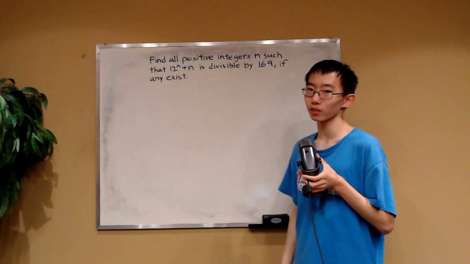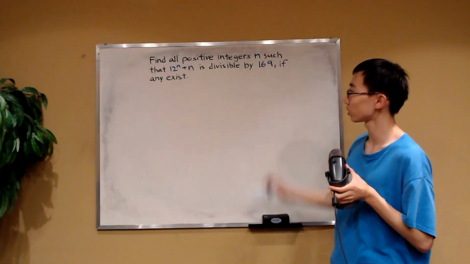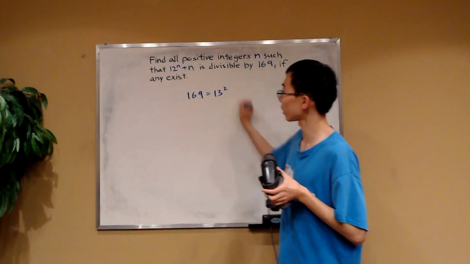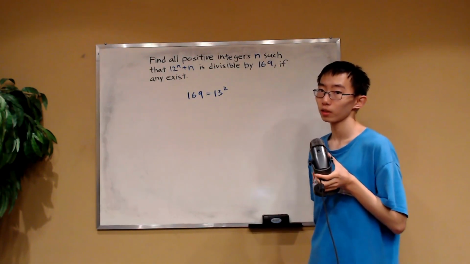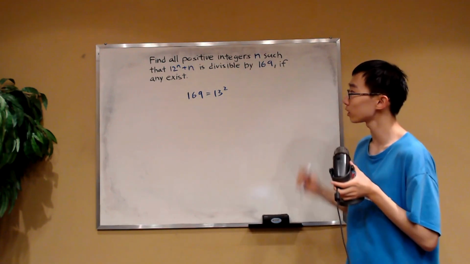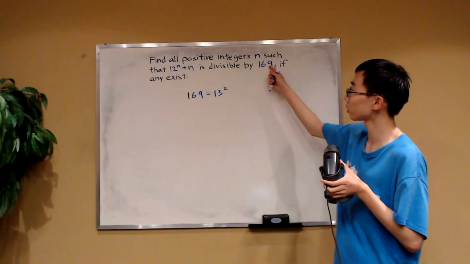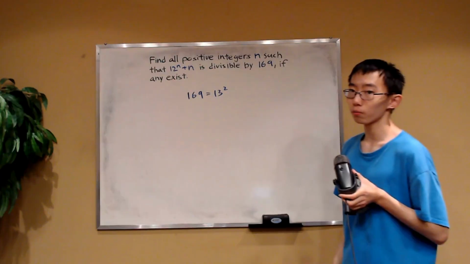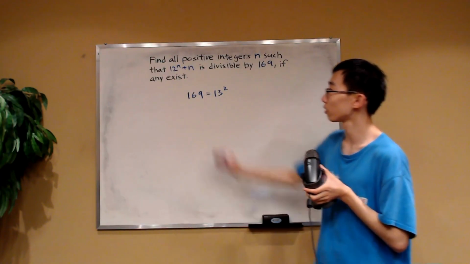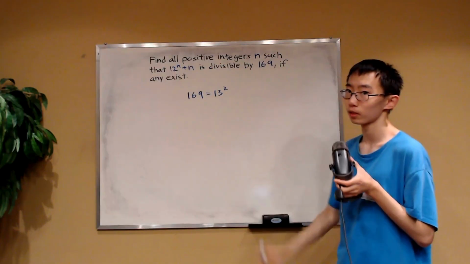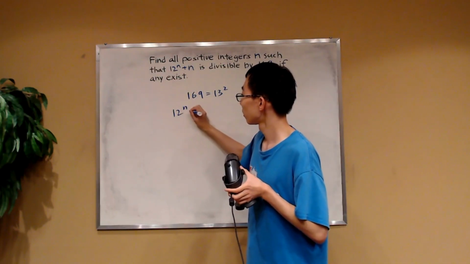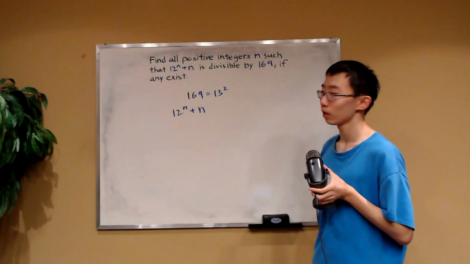Well, some of you might instantly notice that 169 is just equal to 13 squared. It's the square of a prime number. And this might look very useful, because if this is divisible by 169, then it must be divisible by 13. So perhaps we can first consider this number in mod 13. So let's try that. If we do 12 to the n plus n in mod 13, then what will this